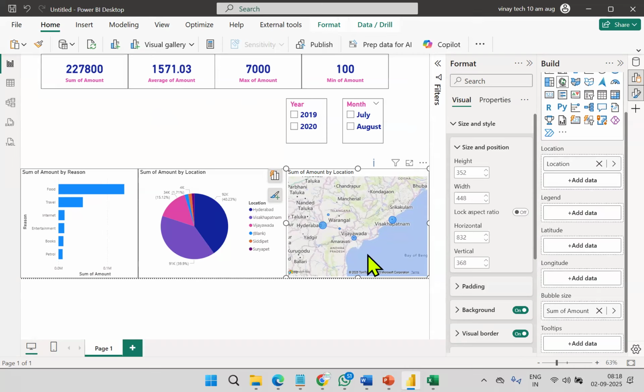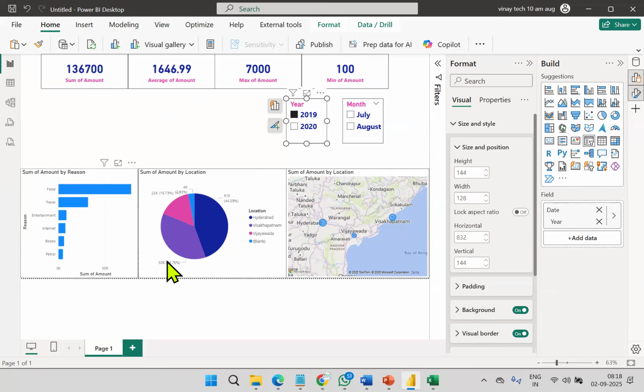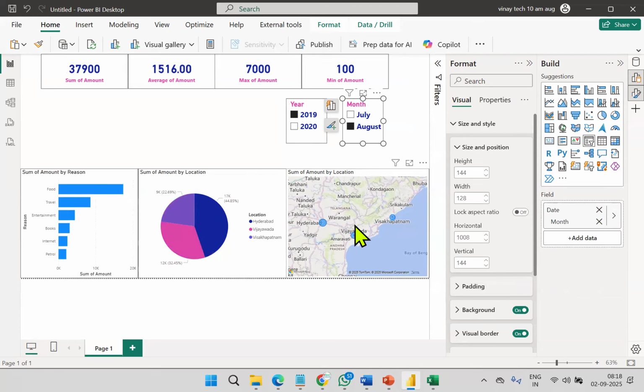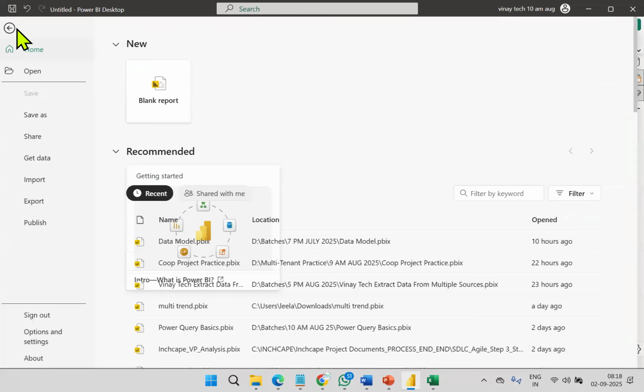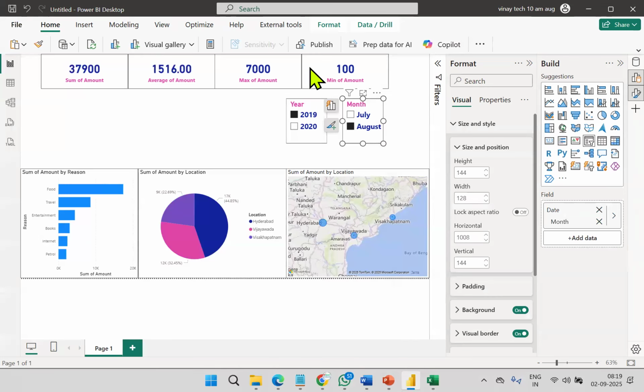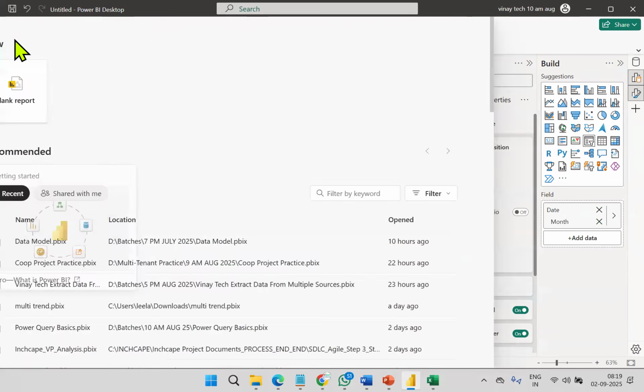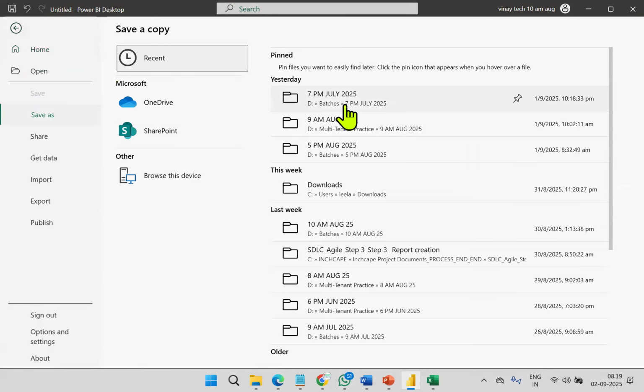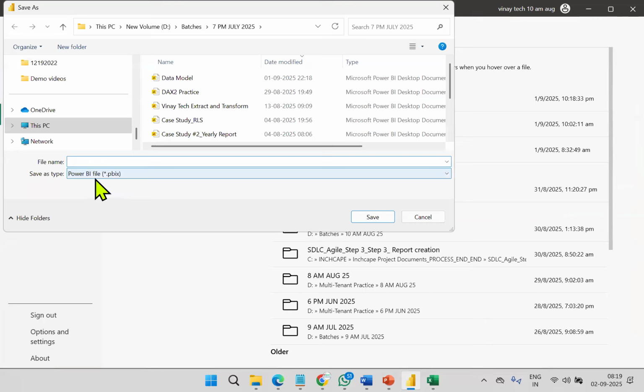So I took multiple visuals and I took fields as well. And if I select 19 values, you get 19 comparison, 19 composition. For August, the same thing. And you can go to the file menu, save. Once a report is ready like this, file menu, save, and I'm saving under 7 p.m. July, no problem. And what is the extension? PBIX. Usually Word documents are DOCX, Excel documents are XLSX. This is a Power BI document, so PBIX.